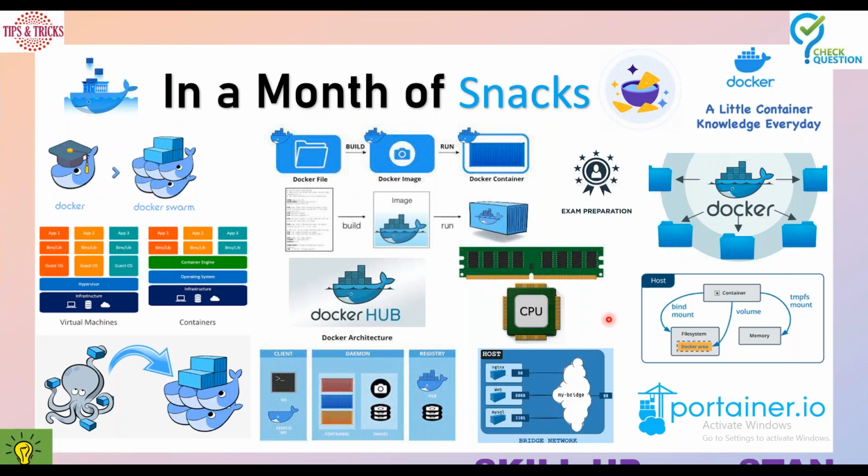There are 7 different network categories that are available. Even you can use third-party drivers that will count up to much more than 7. But we'll focus on the 7 different options that we have, and I'll explain one by one with use cases and demo on the Docker networking, and we'll move on to the Docker storage.